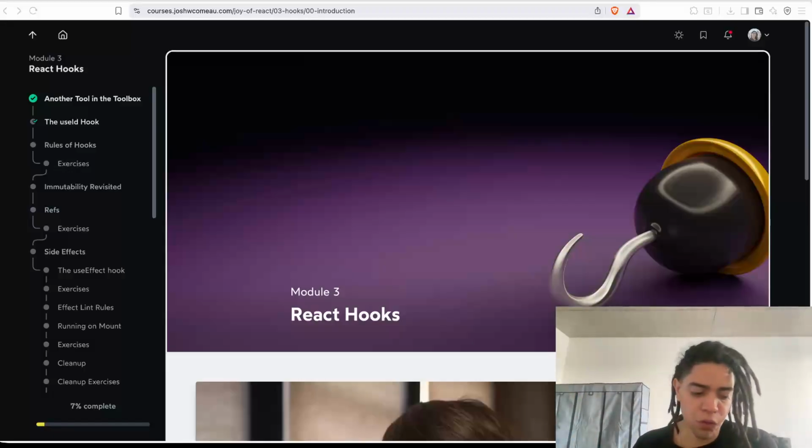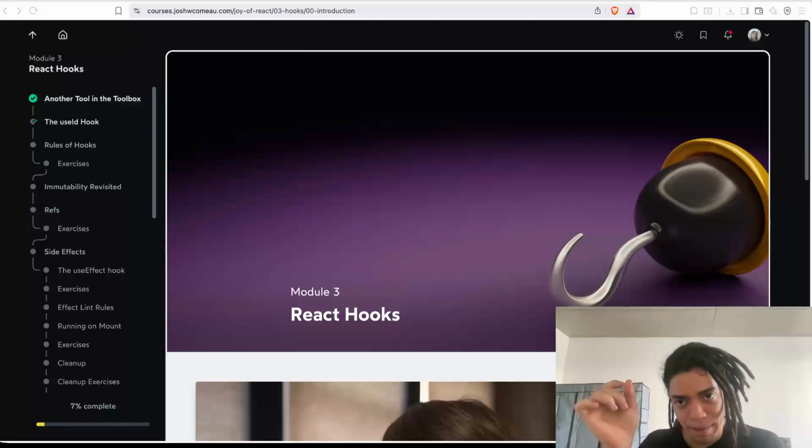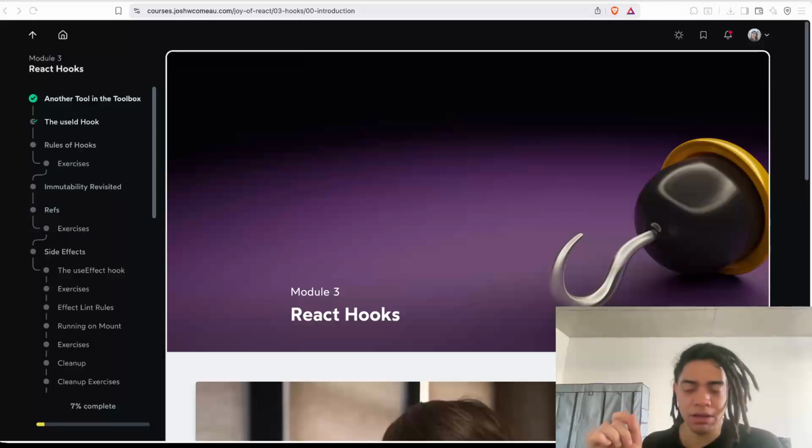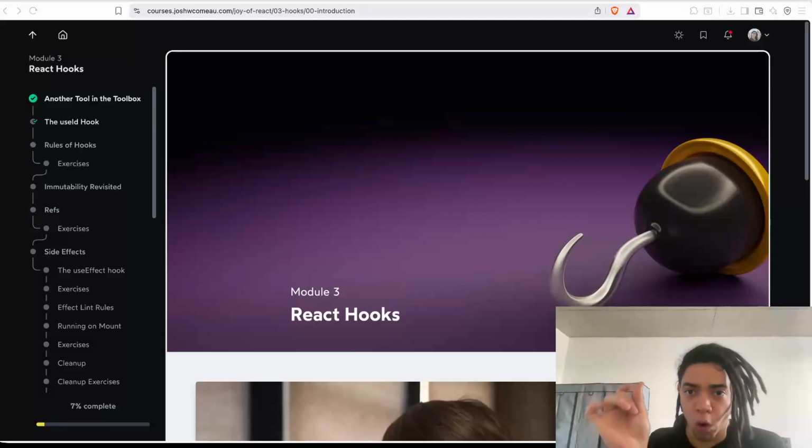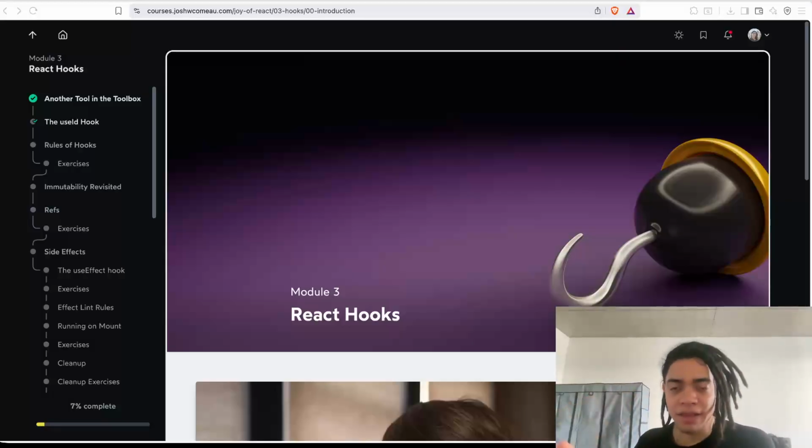To do so, we have these particular functions that React provides to us that allow us to hold primitive data and also objects, to hold the state of that data, and any time that we need to update that data, we call this